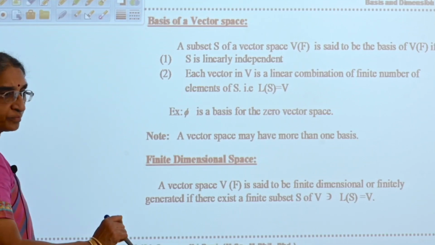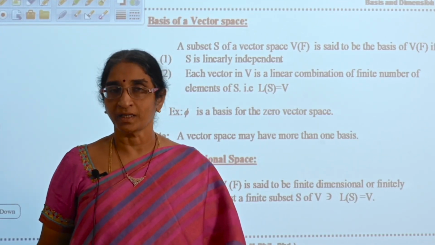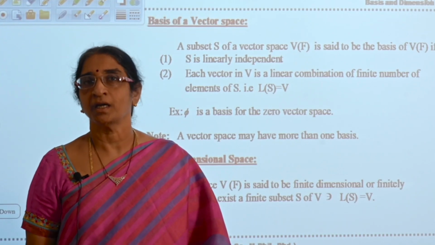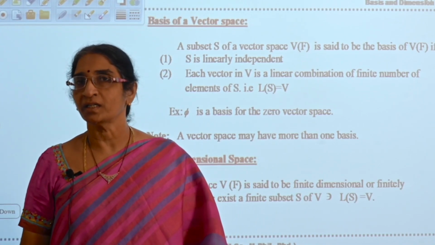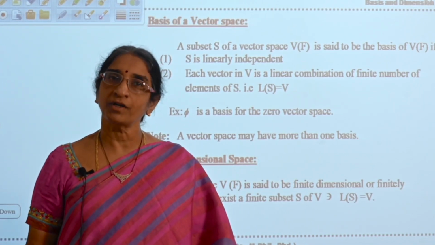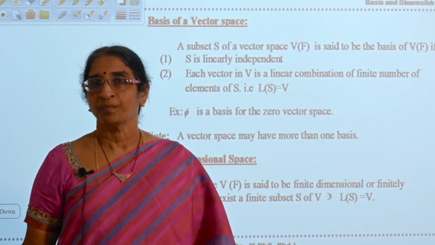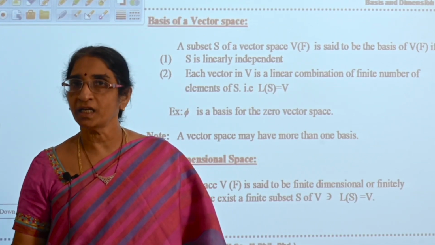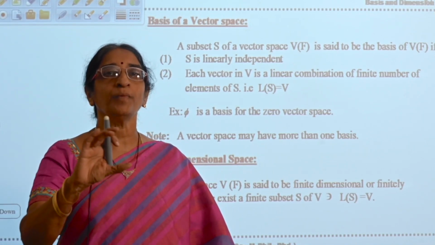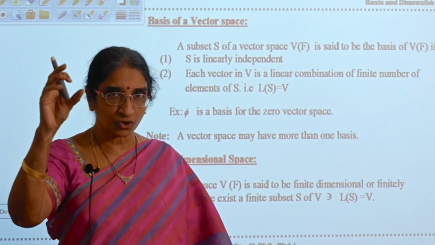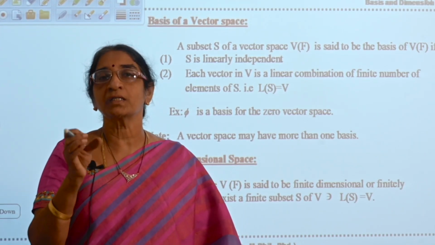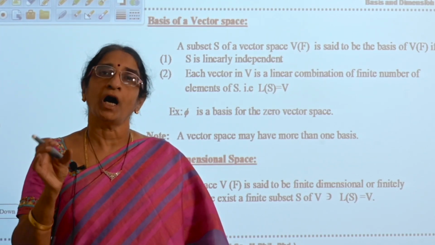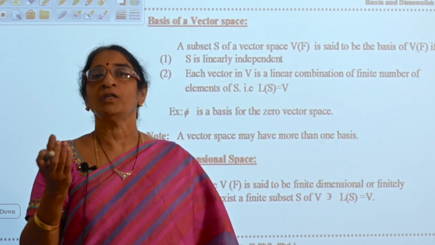Now in vector space we have seen the linearly independent set, the meaning of linearly independent set, and the spanning set also we have seen. What is the linearly independent set? If S is equal to {alpha 1, alpha 2, ..., alpha n} is a set, then when will you say this set is linearly independent? The linear combination of that set of elements is equal to 0 bar, and that implies all the constants existing in that linear combination are becoming zeros at a time, then you are saying that set